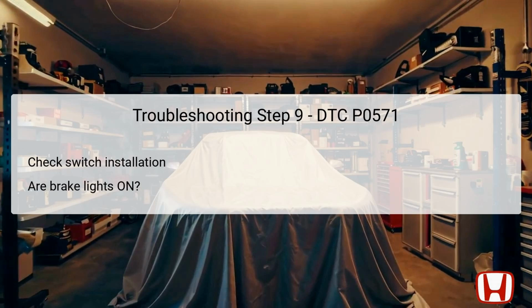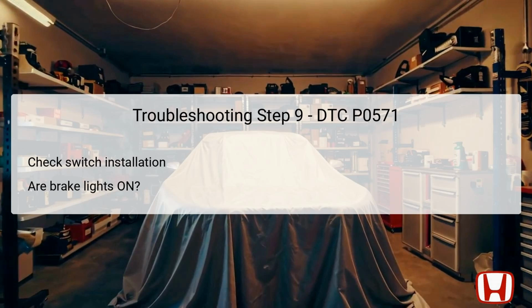This step focuses on ensuring the brake pedal position switch is accurately positioned and installed. After removing the switch, reconnect the brake pedal position switch connector and press the rod to assess whether the brake lights activate under these conditions. If the brake lights come on, you may need to adjust the switch or brake pedal to ensure correct alignment. A misalignment could lead to lasting issues with brake light operation. If the brake lights do not illuminate during this check, it suggests a potential internal failure of the switch, necessitating